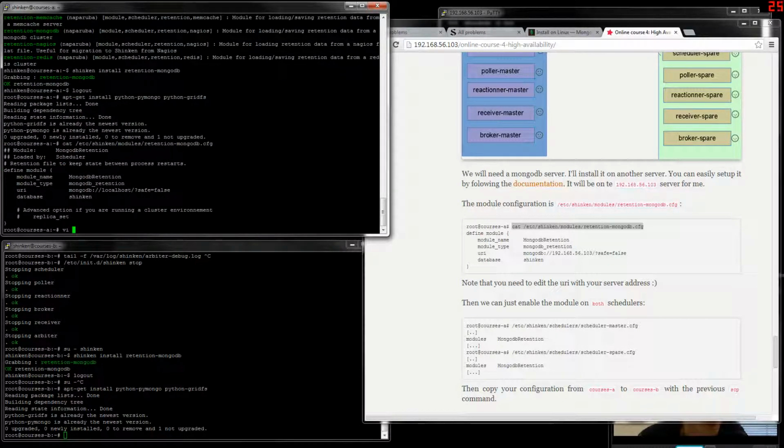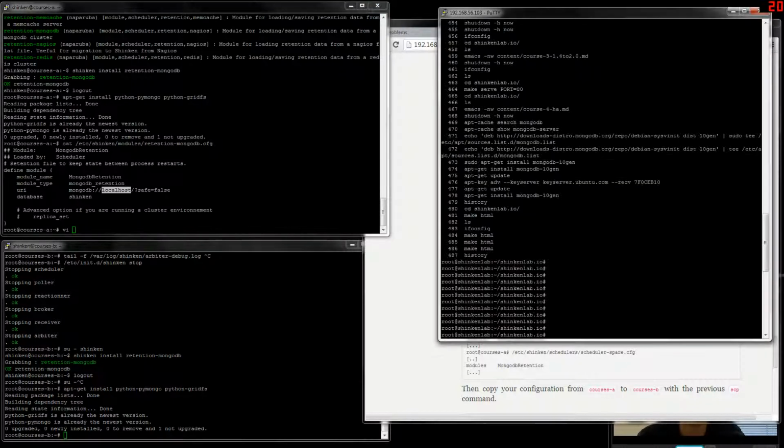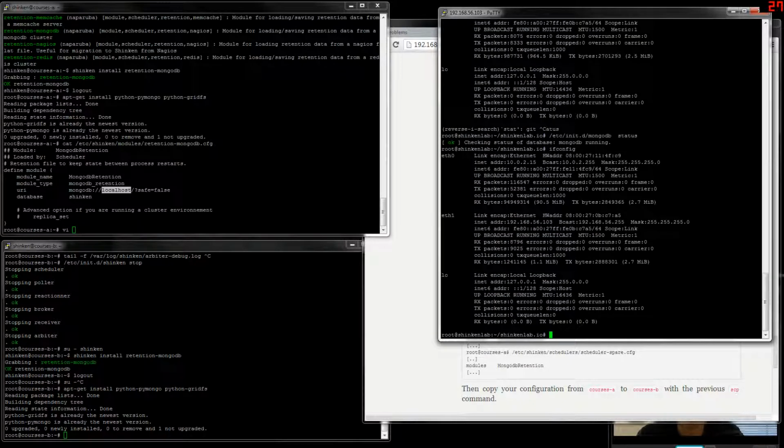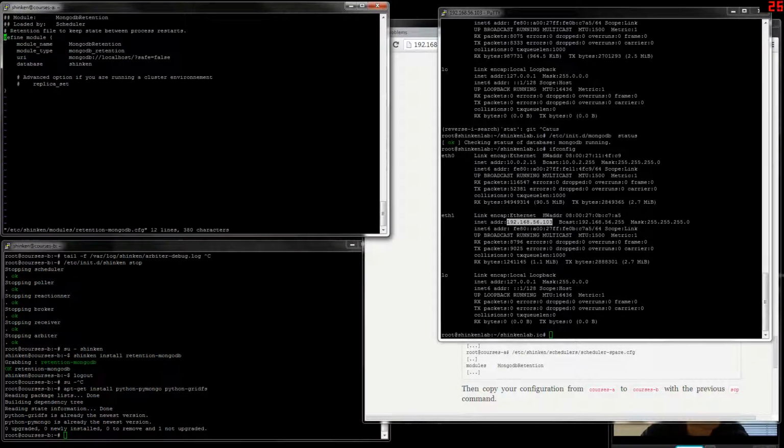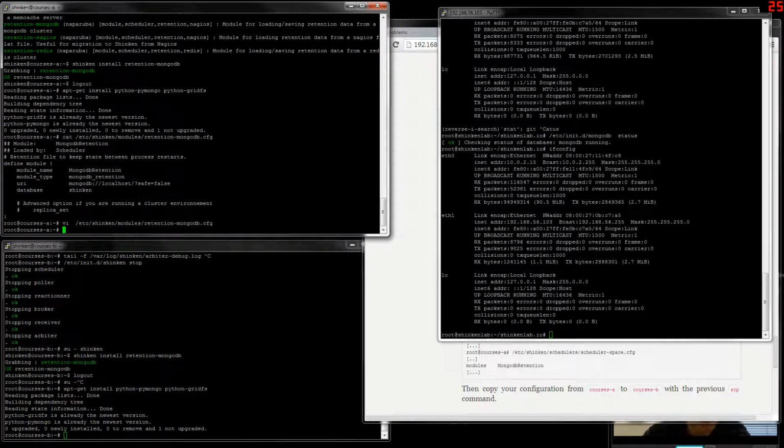We see that the MongoDB connection will be for localhost, but here it's another server, so we will just take the IP and edit the address. So here we go. That's all.